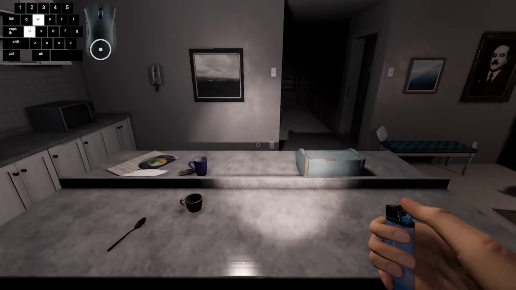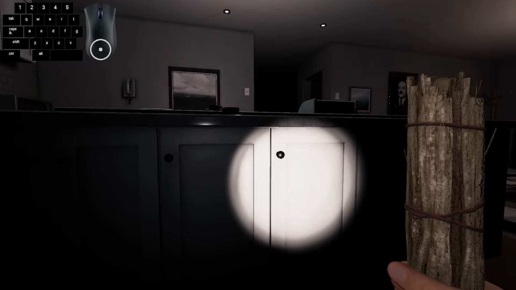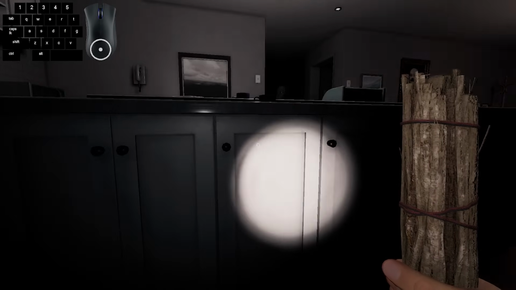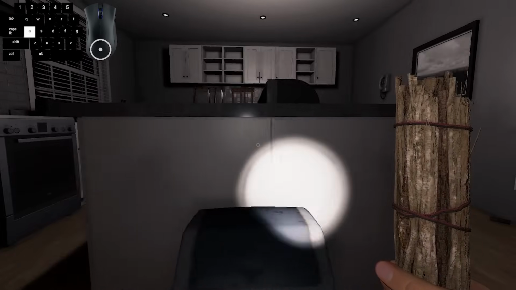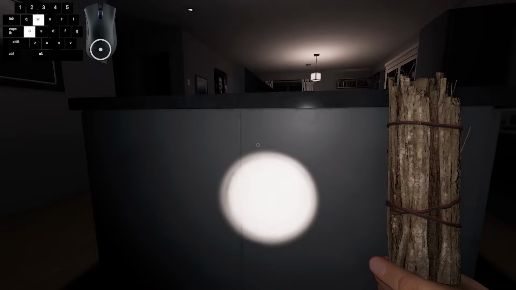Okay, so we're gonna crouch loop this one. So that's another way to determine that this ghost isn't like a Thaye or Hantu. Okay, so we're crouch looping it. You see, it's not getting any faster. I mean, it's still following me